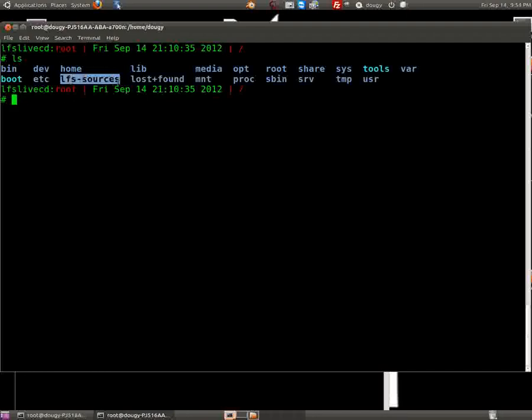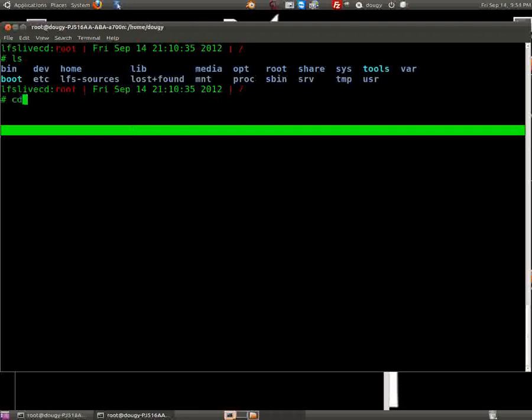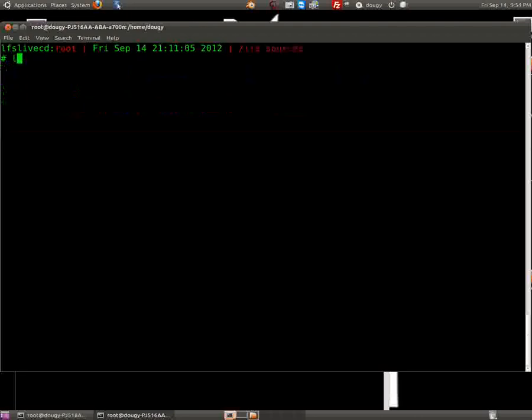Now I moved all the sources, so that's fine, but I also deleted patch. So patch is no longer inside of our LFS system, which is mounted in here. Okay, so I basically had to go back into LFS sources. I'll say cd LFS sources, and I'm going to say ls | grep patch 2.5, and that's the GZ file I need to get and take it back over to my